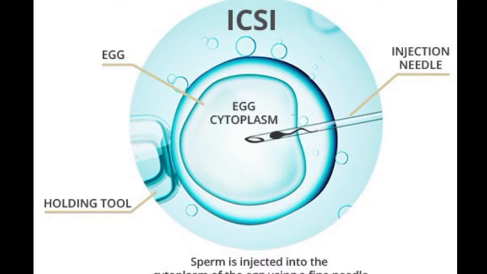Here we also have one more technique, we call it IUT, intrauterine transfer. I don't have a picture for it, but what is IUT? When the embryo with more than 8 blastomeres is transferred into the uterus to complete its further development, it is known as intrauterine transfer. Okay, so these are all assisted reproductive technology methods.